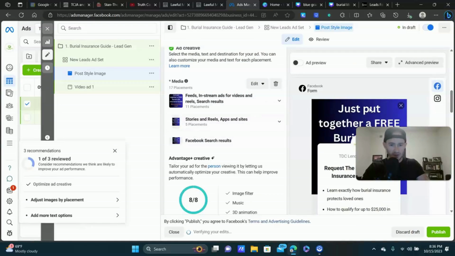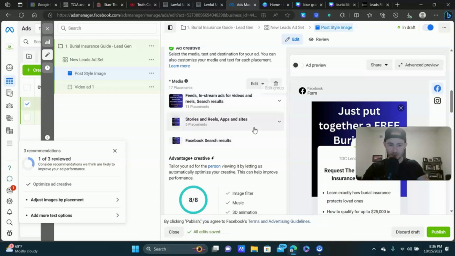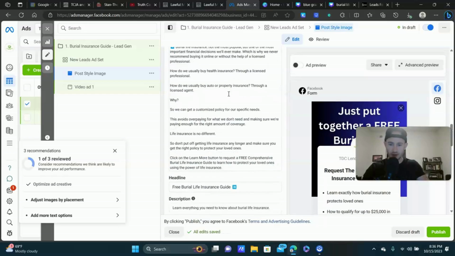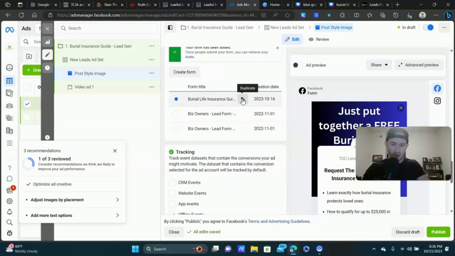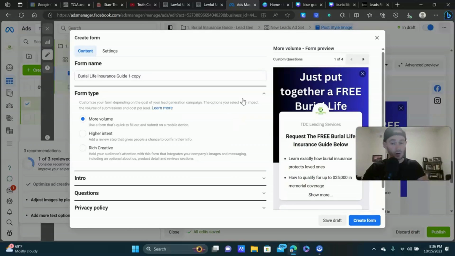All right. So see how the background in the form looks kind of funky and it cuts off the text there. So what we're going to do is duplicate this because I already submitted the form, so I can't edit it. So we're going to change this to number 2. And there's a reason we do this: one, to stay organized in the ads manager, but